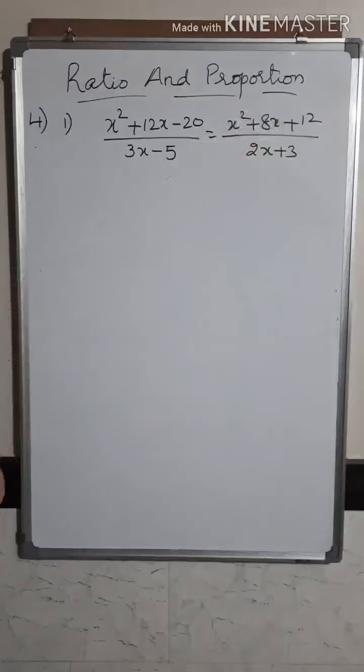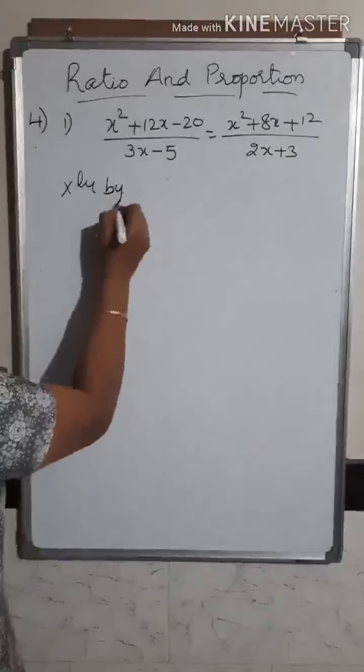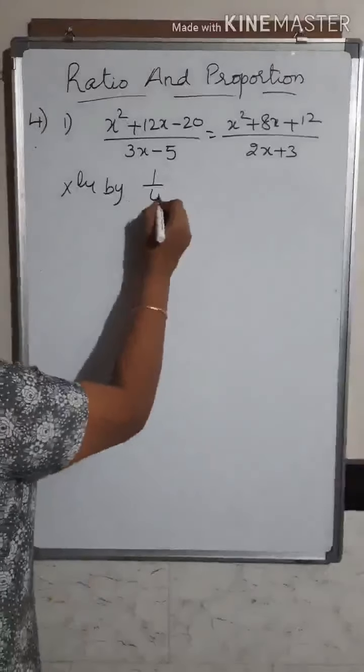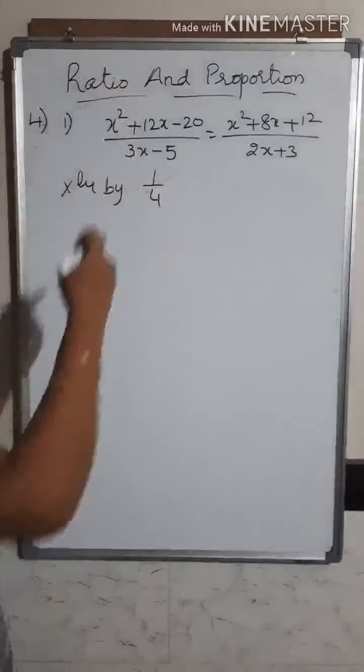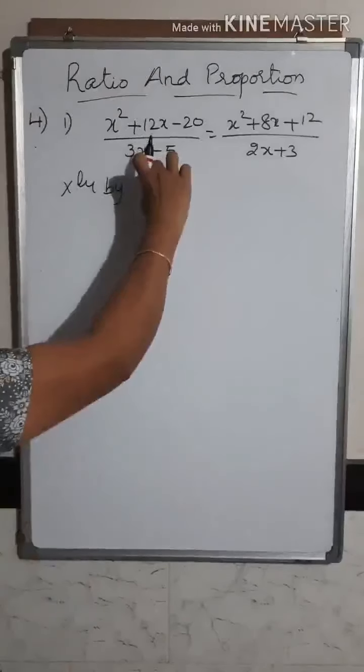So when I multiply the denominator by 4, I am getting the same terms in the numerator and denominator. When you get the same terms in the numerator and denominator, then you can use the property of componendo or dividendo to eliminate the terms. So we'll see how you have to go about it. So multiply by, since you're multiplying the denominator by 4, write it as 1 upon 4. If you just write it as 4, then you're multiplying the numerator. When you're multiplying the denominator, you have to write it in the form of a fraction. Because if you just write multiply by 4, that means you're multiplying the numerator by 4. So now what you get here is 1 upon 4 on both sides.